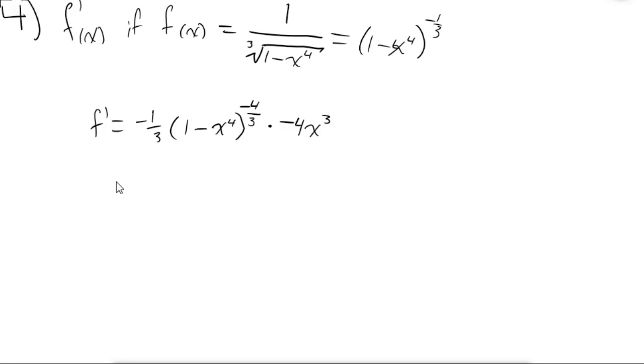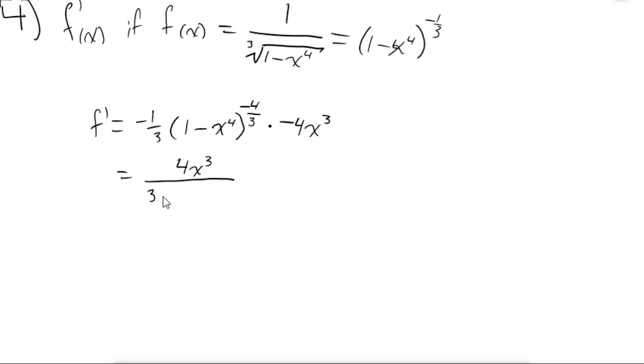So we have that right there, and we can rewrite it once again. So we have a negative multiplied by a negative, which makes it a positive. We have this value to the power of negative 4/3, which is the same as 1 over. Now let me just rewrite it. So this stays on the top. We have 4x to the power of 3 divided by 3 multiplied by 1 minus x to the power of 4 to the 4/3,